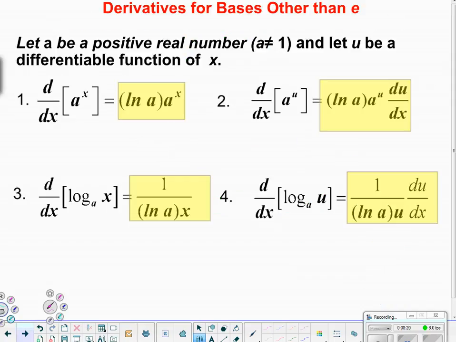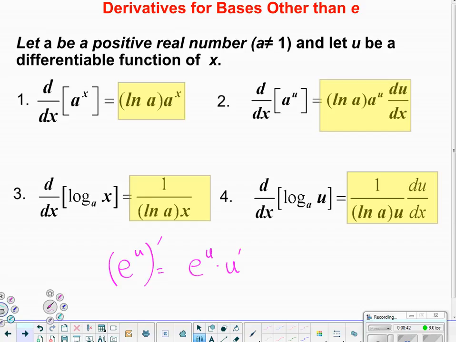All right, getting into the derivatives. Get to the calculus. Woo! We're 8 minutes into this video and we're now talking calculus. Excellent. So, derivatives of bases other than e. What do you know about e? Well, we had already studied derivative of e to the u is itself